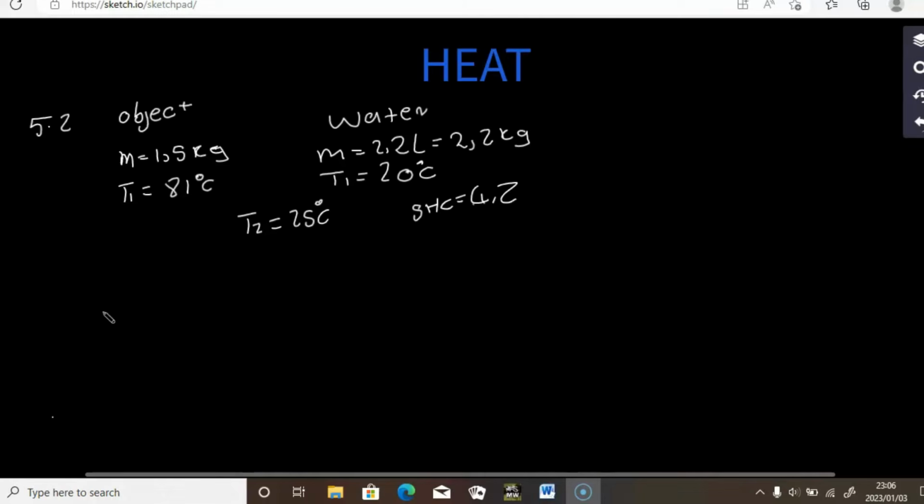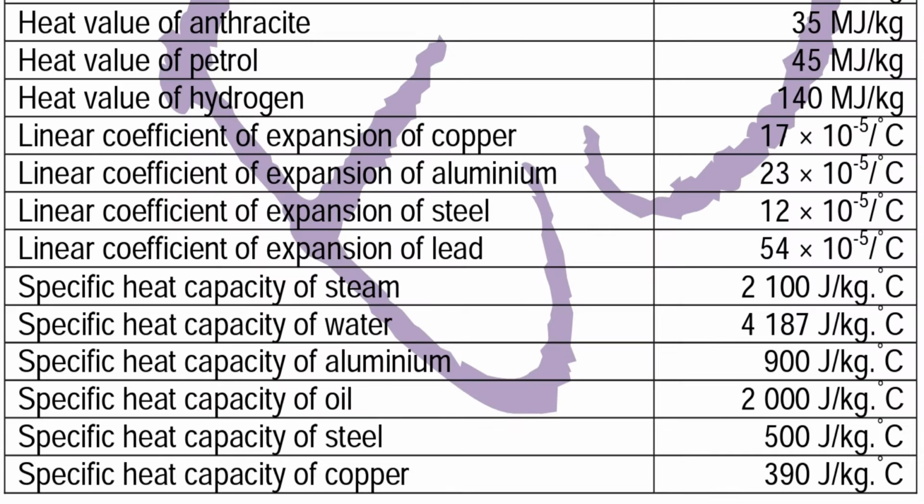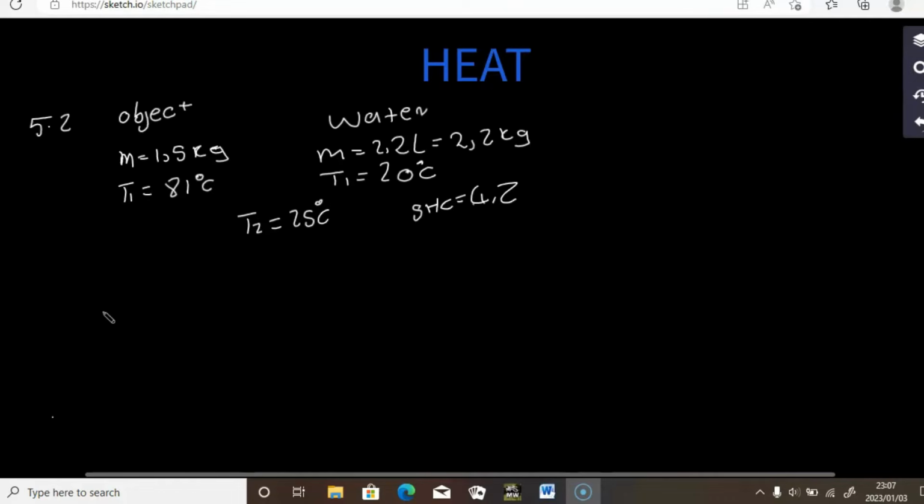There is a table that they include when they ask questions like this. It comes with a question paper, and it has types of materials and their specific heat capacities. So here we are going to calculate the specific heat capacity of the material, and then go to that table and look for the object that has the closest value of specific heat capacity to the one that we calculated. So to get the specific heat capacity of the object, we're going to use